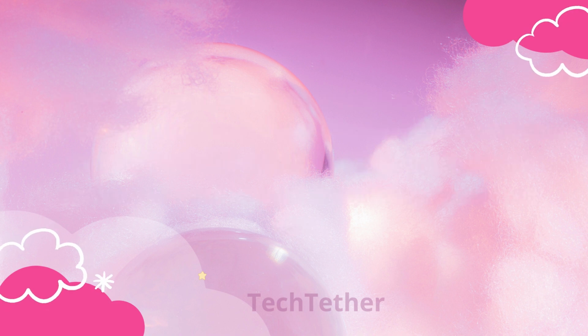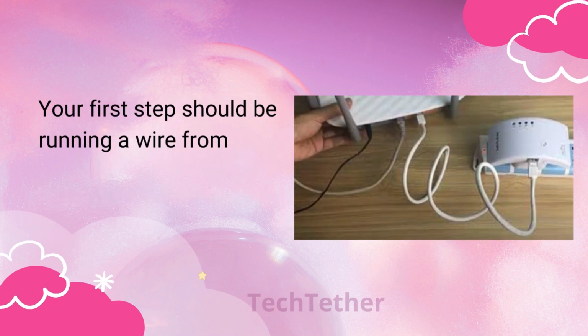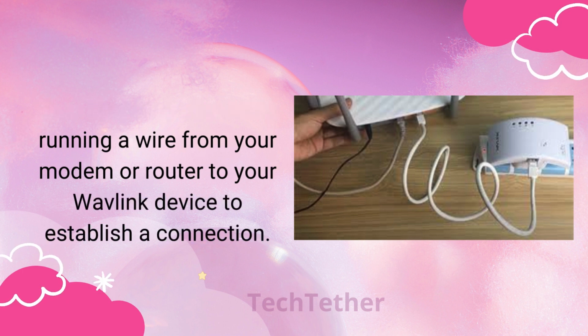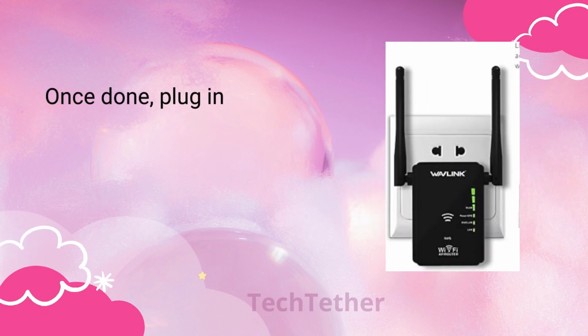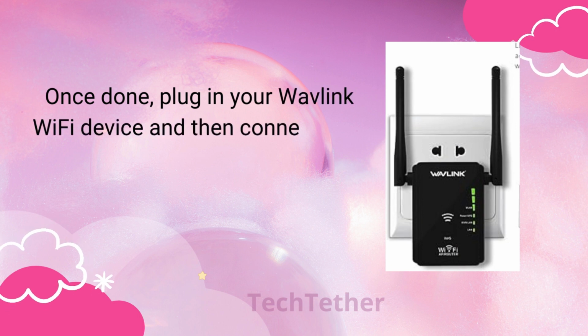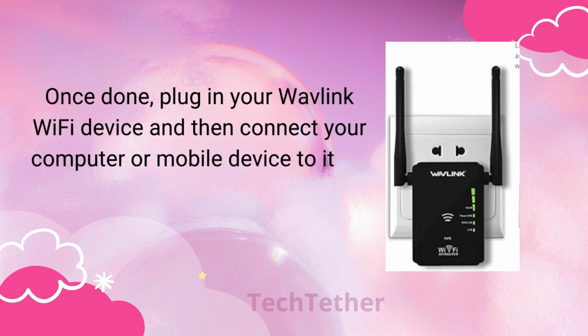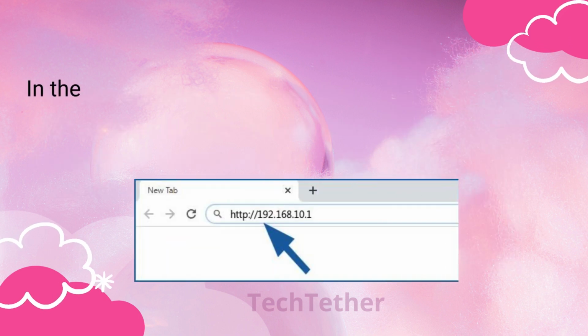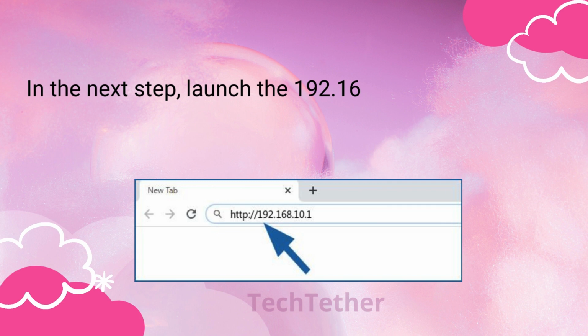Your first step should be running a wire from your modem or router to your WavLink device to establish a connection. Once done, plug in your WavLink Wi-Fi device and then connect your computer or mobile device to it via a wired or wireless connection. In the next step, launch the